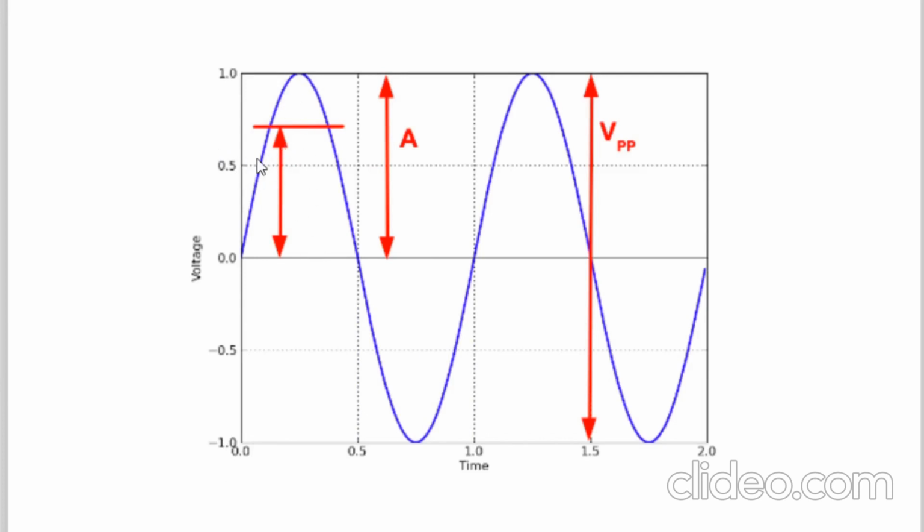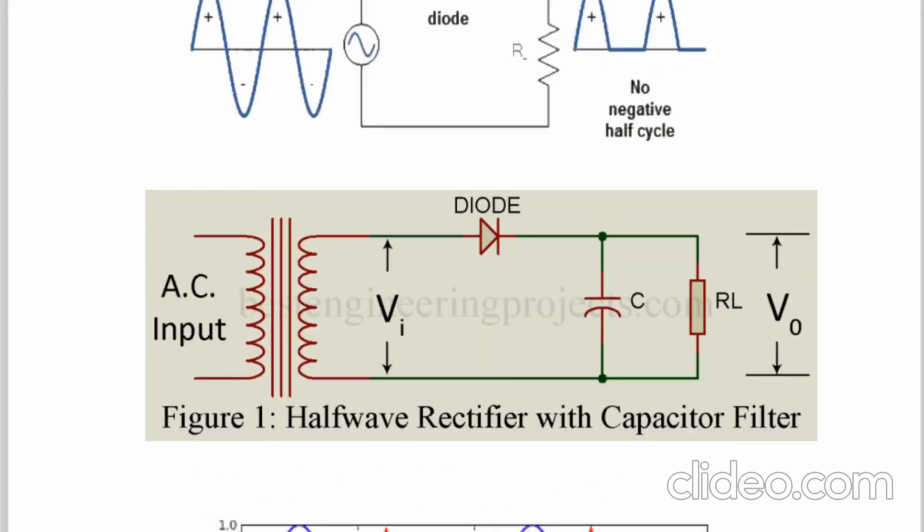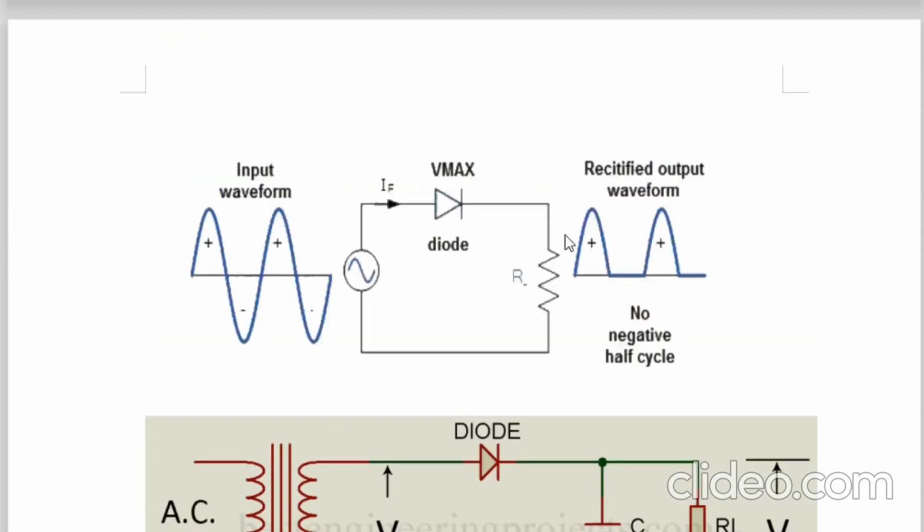0.5 is half of 1 volt, and 0.7 is here. It means more than 50% of 1 volt, 0.7 volt, is not appearing at the output. It is not appearing at the output because if you apply Kirchhoff's voltage law here, 0.7 volt will be the voltage across the PN junction diode and the remaining will be 0.3 volt, because the total applied voltage is Vp, 1 volt.